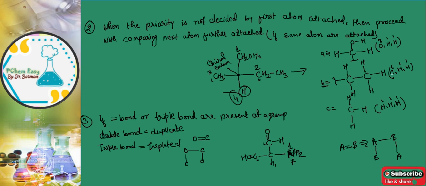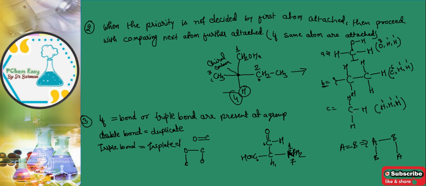Here carbon is attached. Then here hydrogen is attached, directly with this one. But with this one is attached, so we are not going to see that. So now you see that what is attached here, carbon, hydrogen, hydrogen. So as per their atomic number we have to arrange 6 1 1.